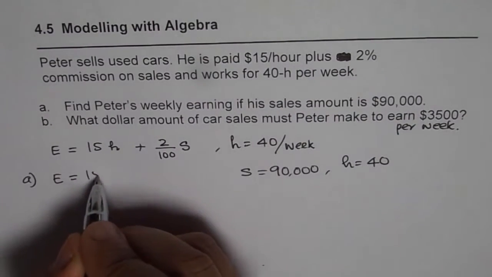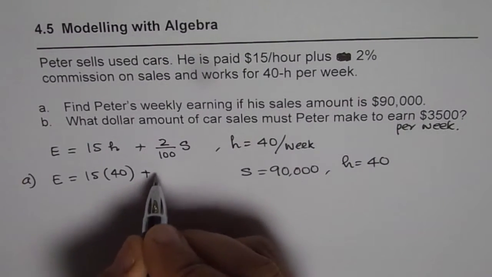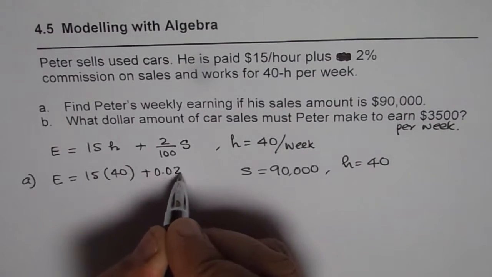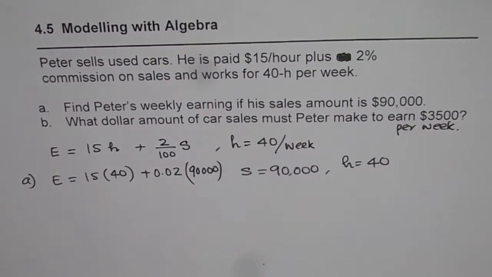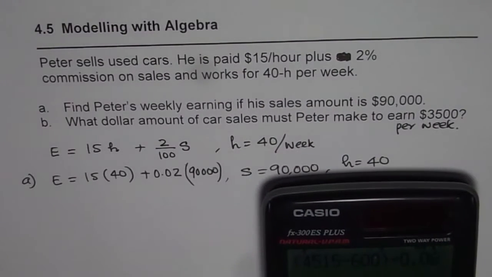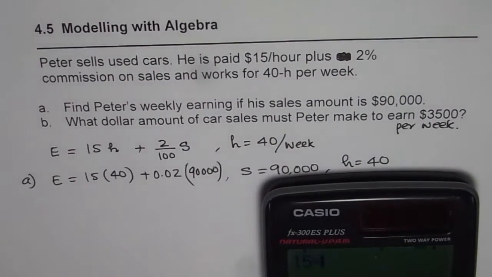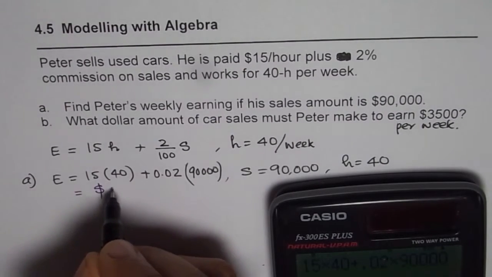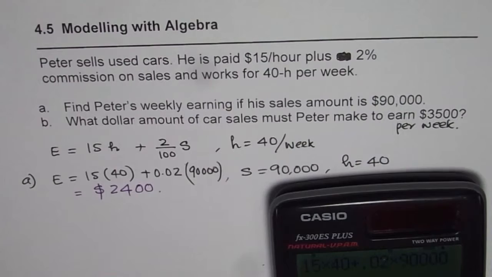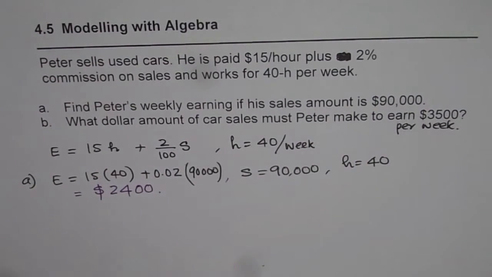So earnings is equals to 15 times 40 plus 2%, that means 0.02 of sales, which is 90,000. And now we can use calculator to find the answer, correct? So what we have here is 15 times 40 plus 0.02 times 90,000 equals to 2,400. So we get earnings of $2,400. So that is part A, right? Now let us do part B,